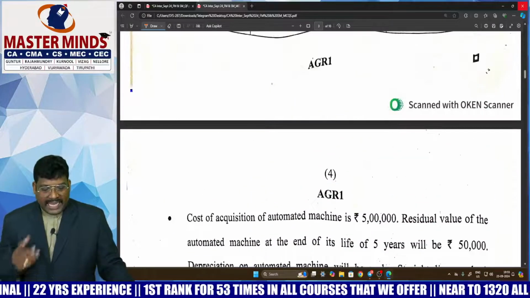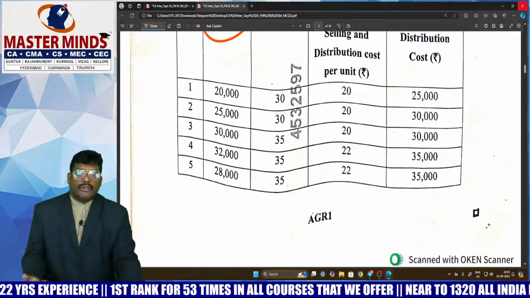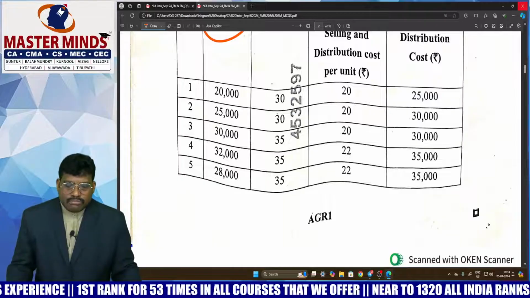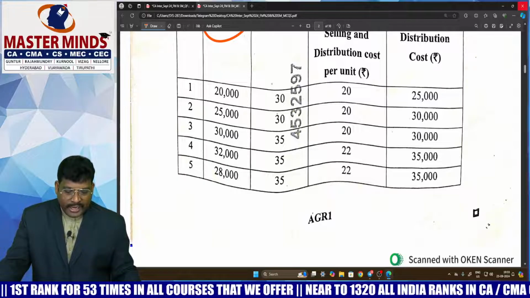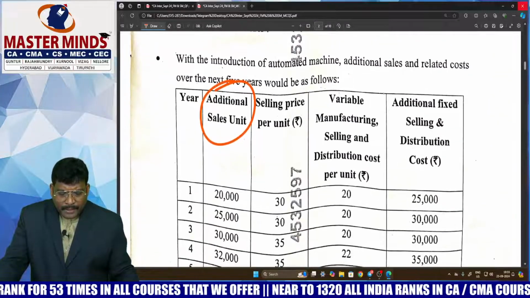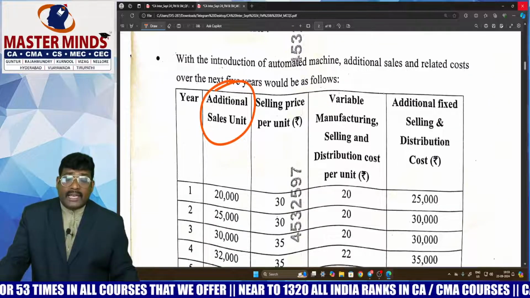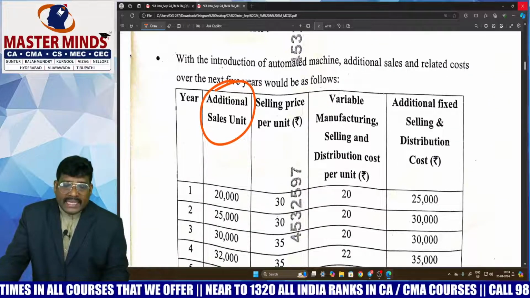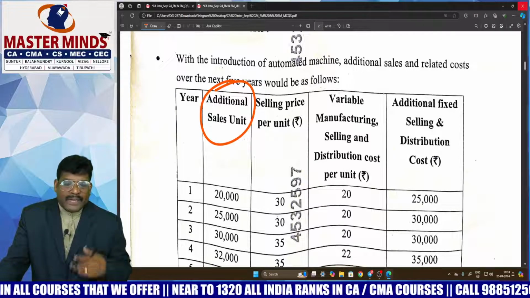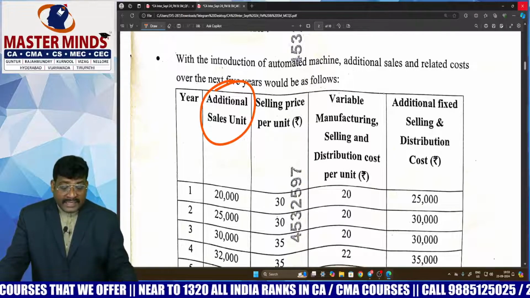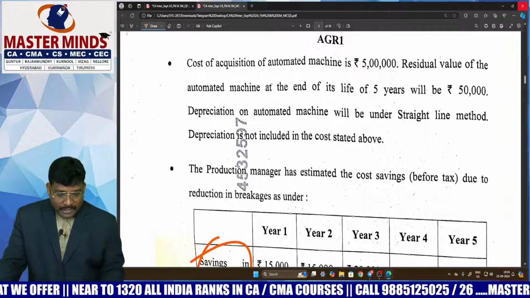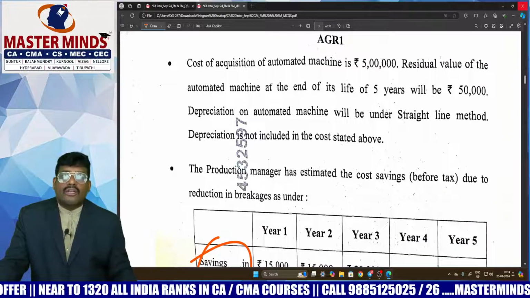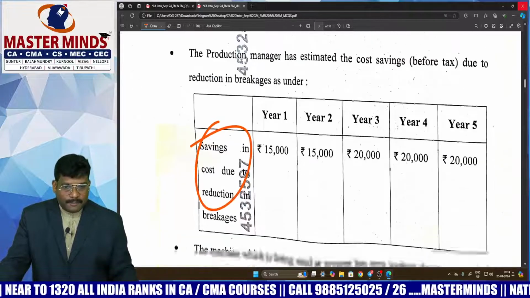Because of lack of time I am not going to give the answer now, but soon we are going to declare the answer to this question. This question is very simple. You have to calculate the incremental NPV. So calculate the incremental revenue, deduct the incremental cost, and add the incremental savings. Thereafter comes the tax treatment and depreciation treatment, because tax is there. Based on that you can easily solve this problem.